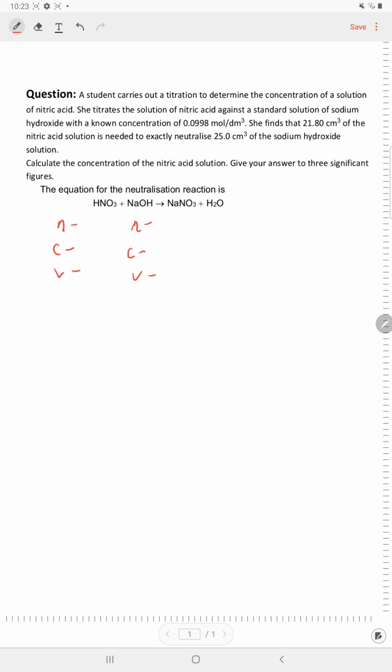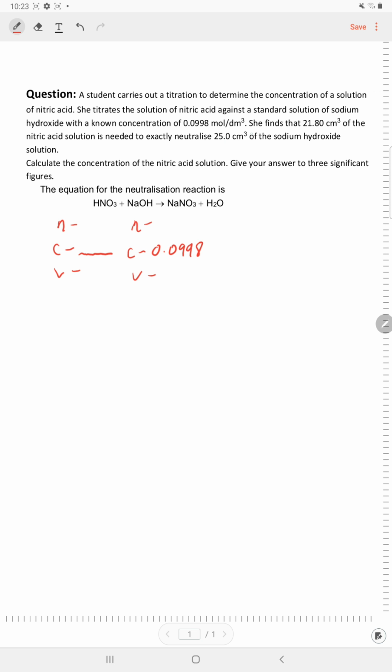So first things first, just have a look through the question, see what data is available to you. A student carries out a titration to determine the concentration of a solution of nitric acid. So that's what we need to know, the concentration. We don't know that, so we need to know N and V, the other two parts. So she titrates a solution of nitric acid against a standard solution. Standard means you know the concentration of sodium hydroxide,